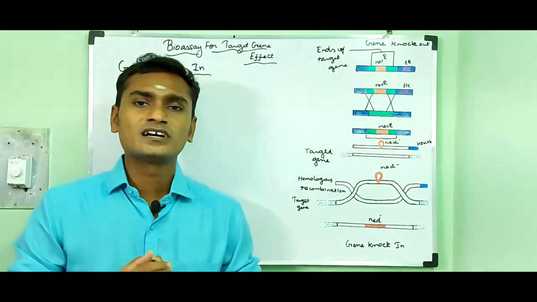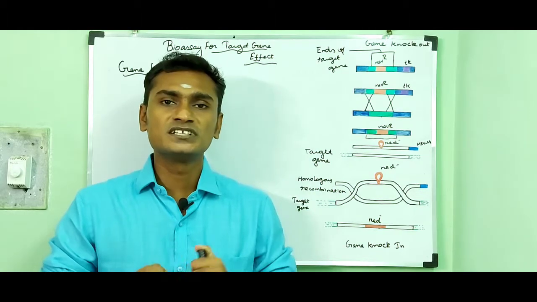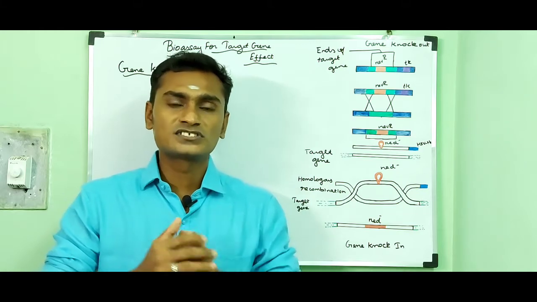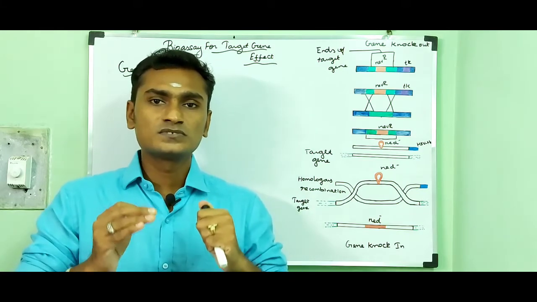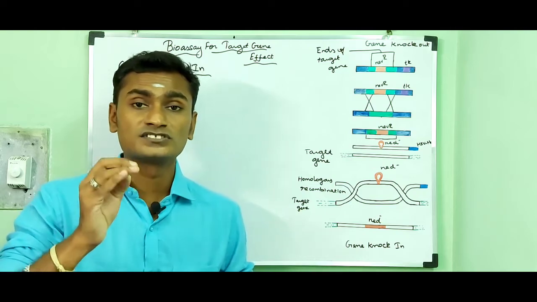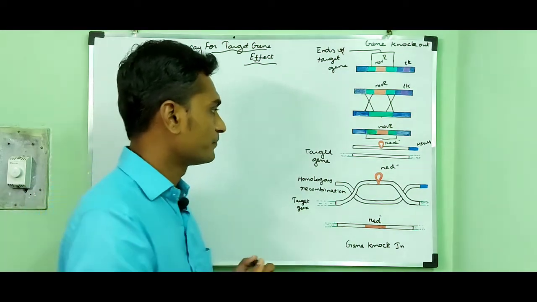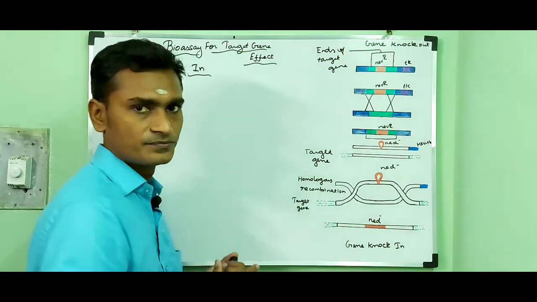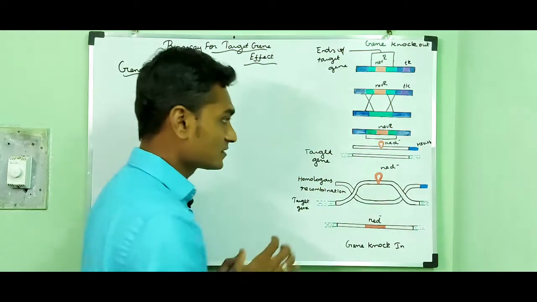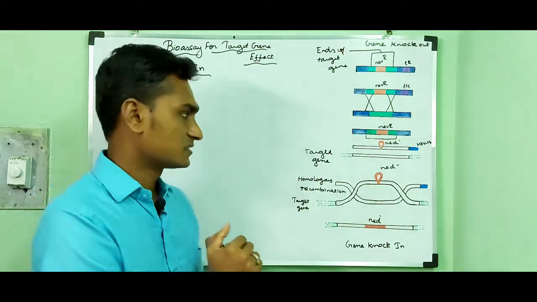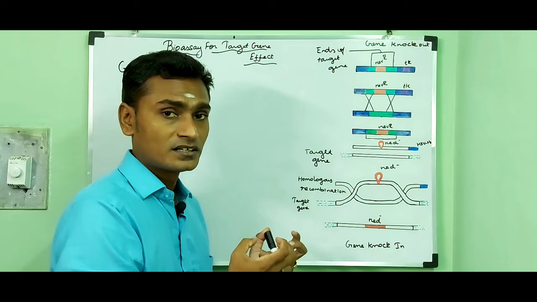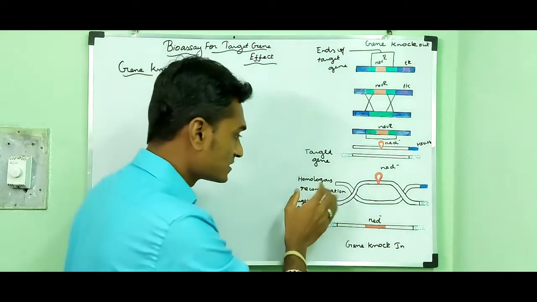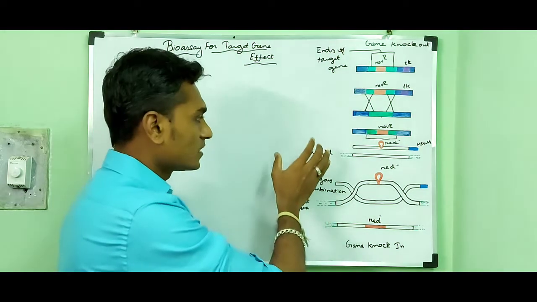Actually, the gene knock-in process refers to a genetic engineering method because it involves one-for-one substitution of DNA sequence information in a specific genetic locus. That means this is a targeting vector, this is the target gene. So this targeting vector contains the gene of interest. Then this targeting vector gets inserted into the genome of an organism, resulting in recombination between the targeting vector